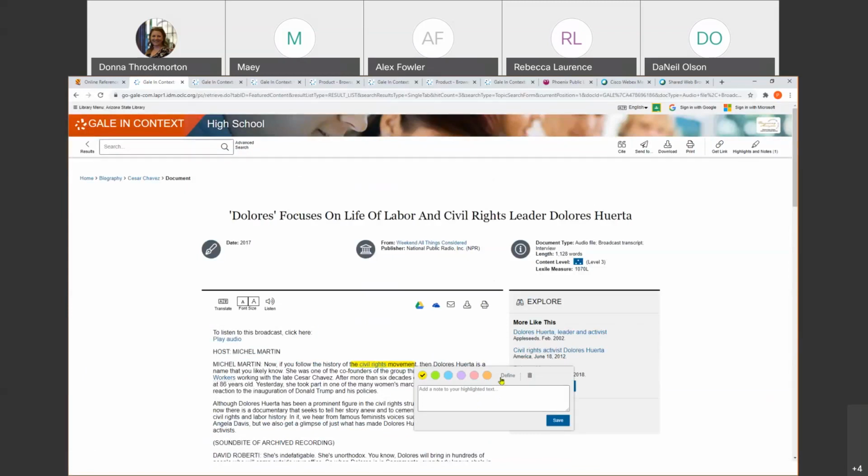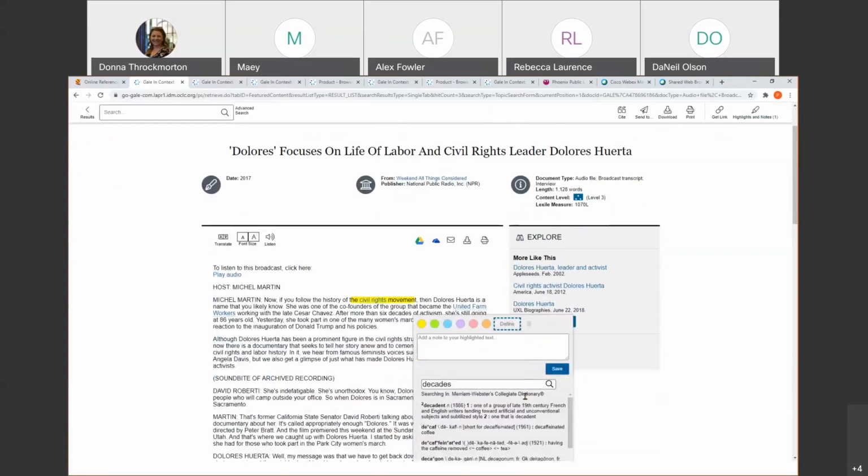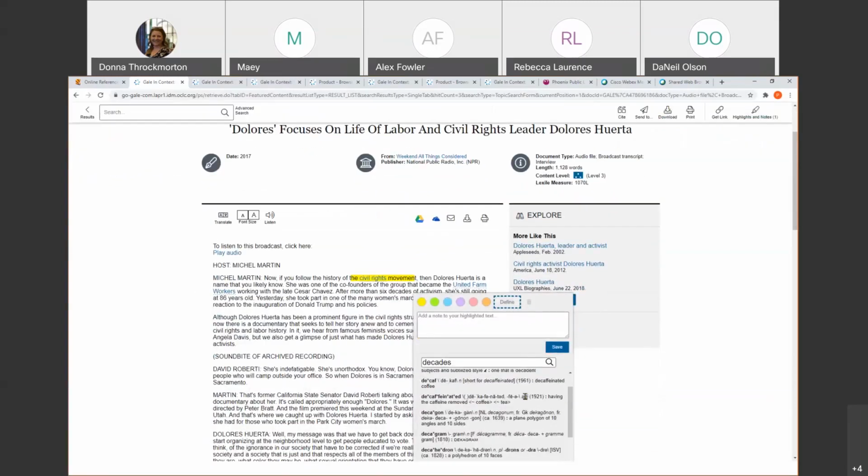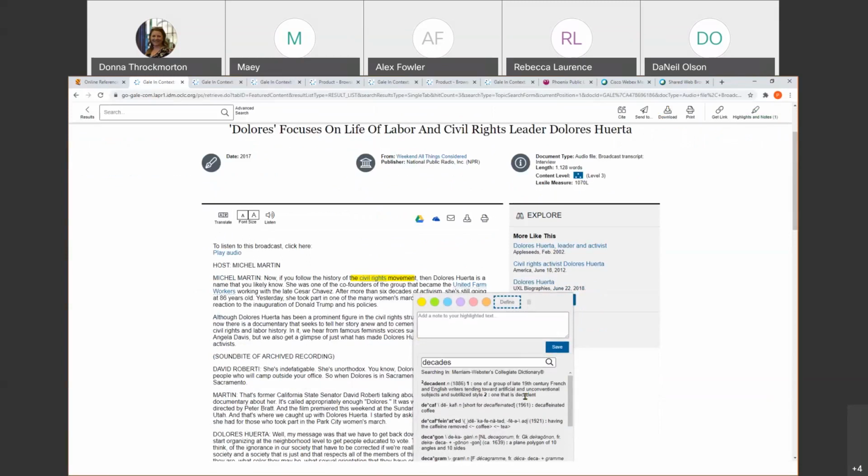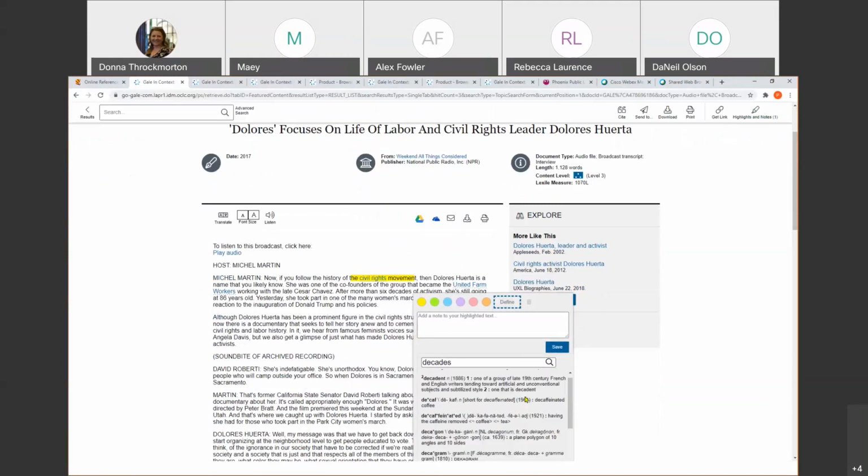You'll also notice that you have a define. It's basically a dictionary. So if I just want to click on decades, I can go to define, and it'll basically give me a definition of decades. And I'm not seeing it.